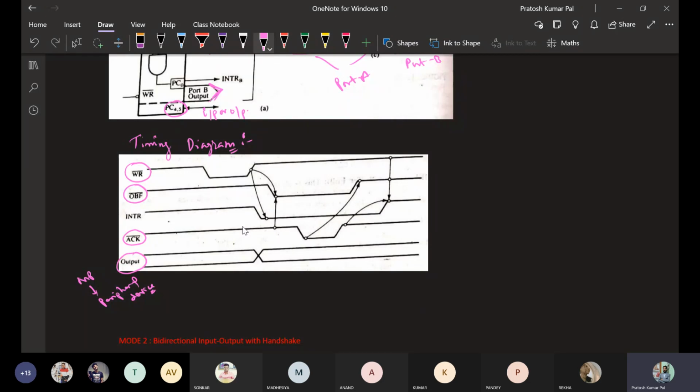Once this write signal, that is data to be written, is made low, and on the rising of this write signal, this rising pulse will activate. That means the data has been written up to here.